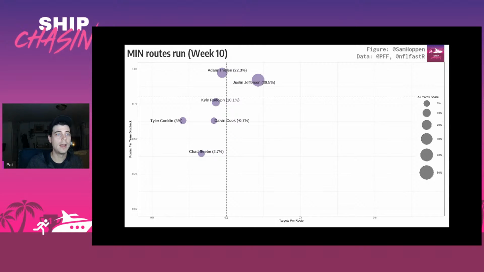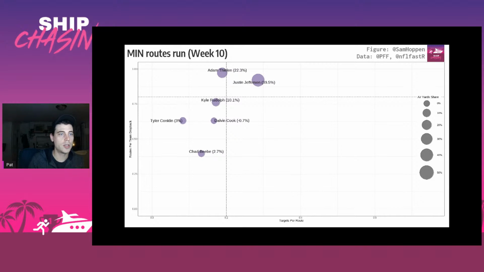At wide receiver, Adam Thielen ran a route on 100% of dropbacks, had 22% of the targets, 22% of the air yards as well, a WOPR of 0.48. That's okay. We would probably expect more from Thielen most weeks, an 8 out of 9.4, which is solid. Overall, he kind of looked like a wide receiver 2 in this type of profile,